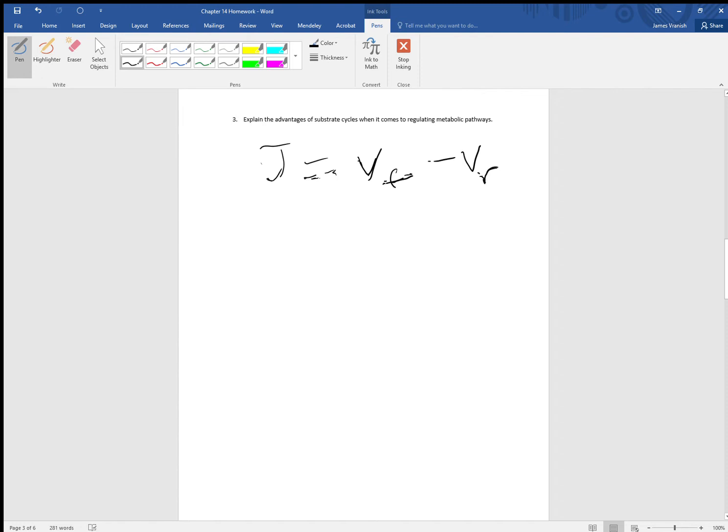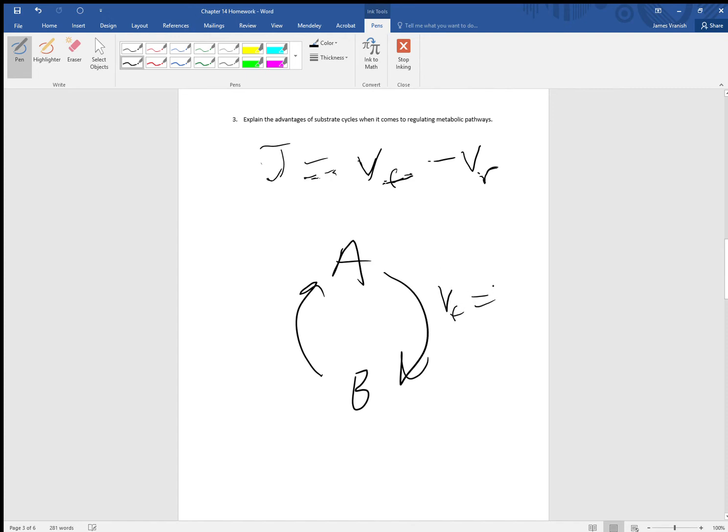So I will illustrate an example for you here. If we have a chemical A that gets converted to product B, we can have a substrate cycle here where A goes to B and B can also get converted back to A. On the example over here, we'll give the forward reaction, VF,